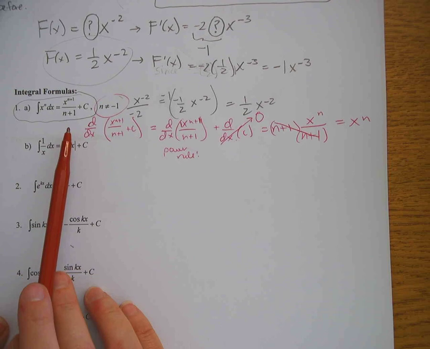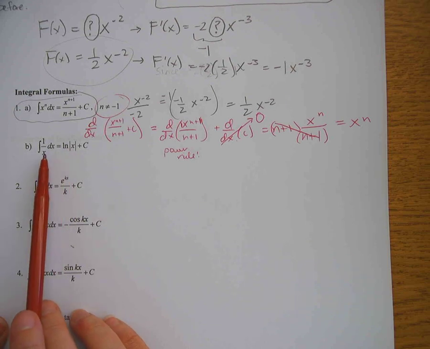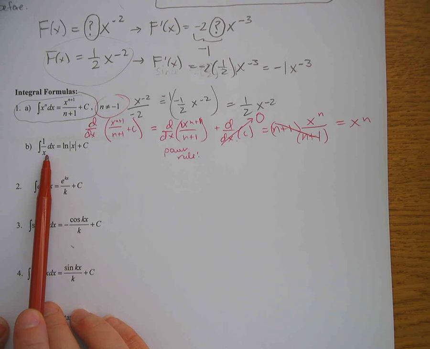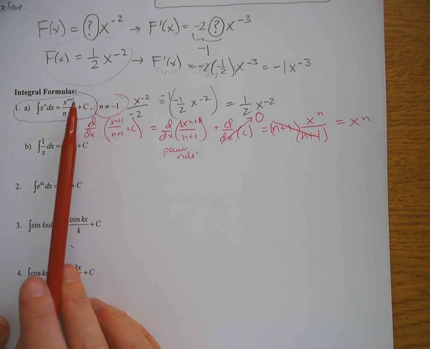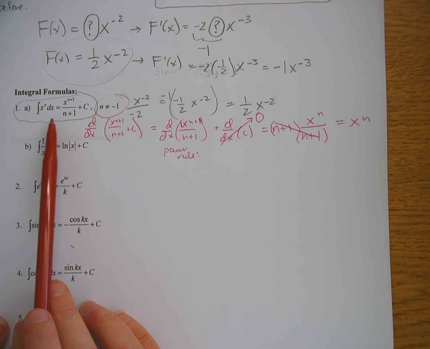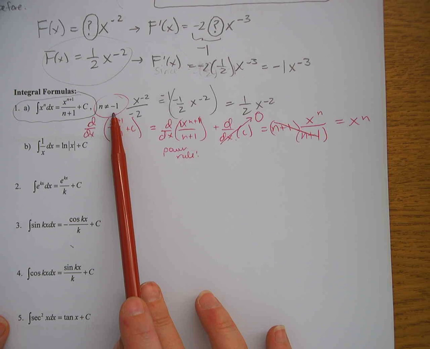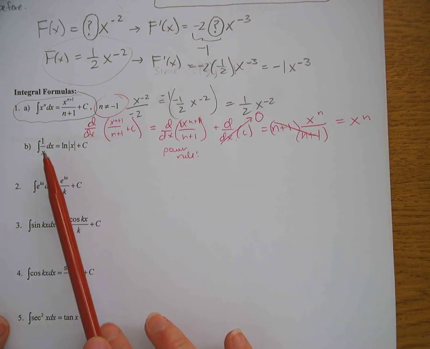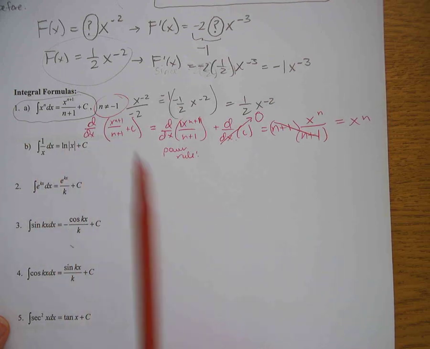Also, because as it turns out, back in 3-9 of our book, the derivative of ln of x was equal to 1 over x. That means the antiderivative of 1 over x is going to have to be ln of x. So that is the exception for this power rule. So the power rule works for all real numbers n except -1. If you do end up having a 1 over x or x to the -1, the antiderivative of that would be ln of x,